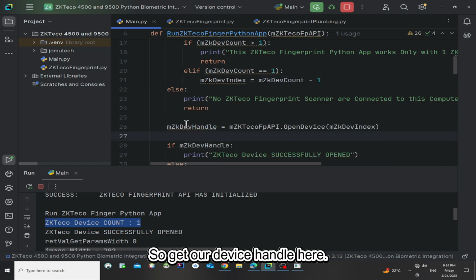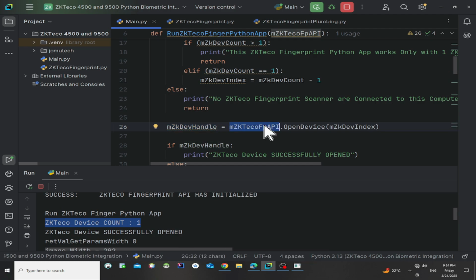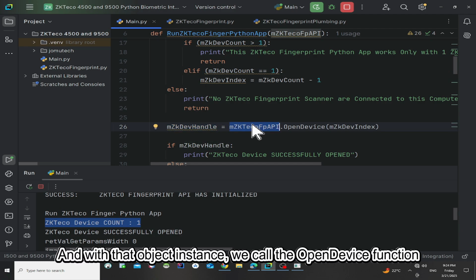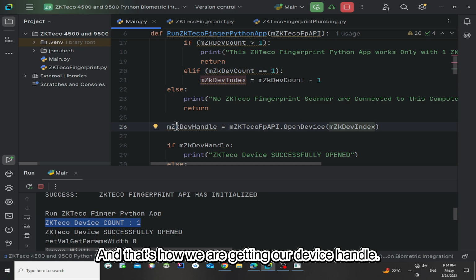To get our device handle, we first get our object instance, and with our object instance we call the open device function and pass the device index inside it, and that's how we get our device handle.